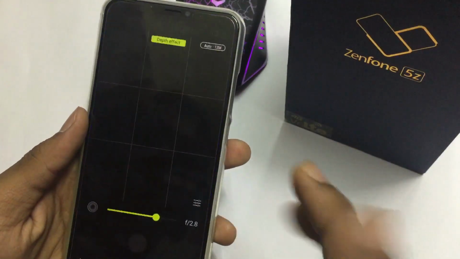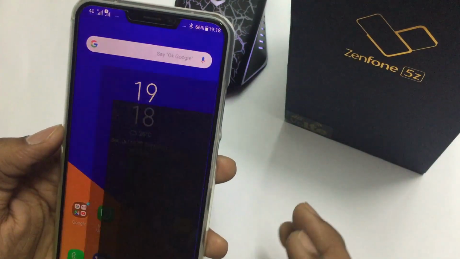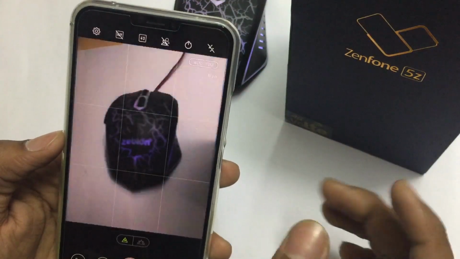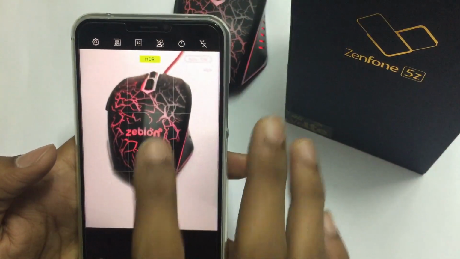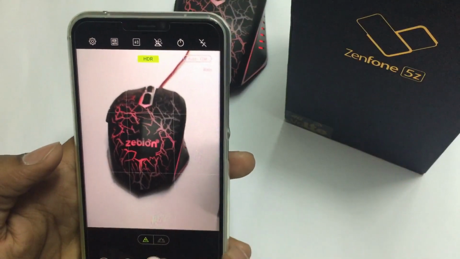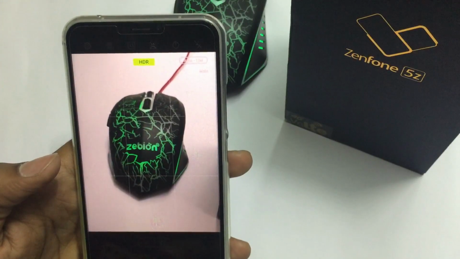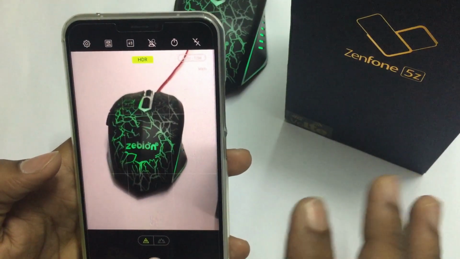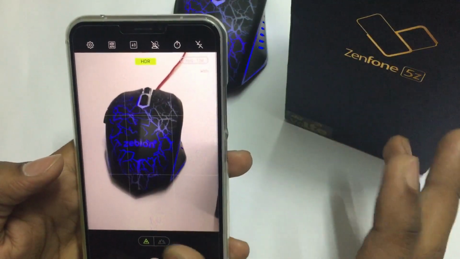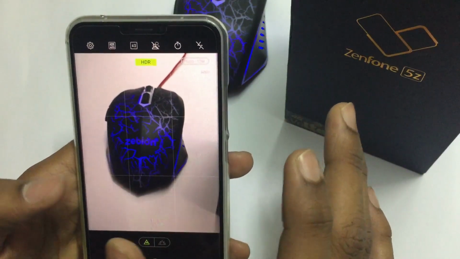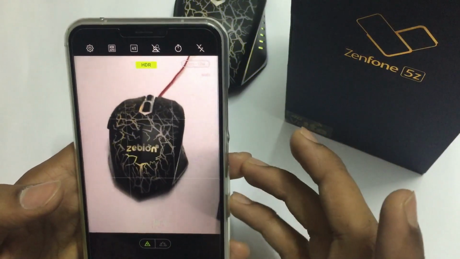And actually like I said before, you can set this one always to auto HDR, because the AI itself can detect the scenes. And also I'll show you a sample. See, HDR is on now. I'll click a photo. It does not take any time at all, because many smartphones take a little time while clicking HDR. Especially I think those who are shifting from mid-range budget phones to flagships,